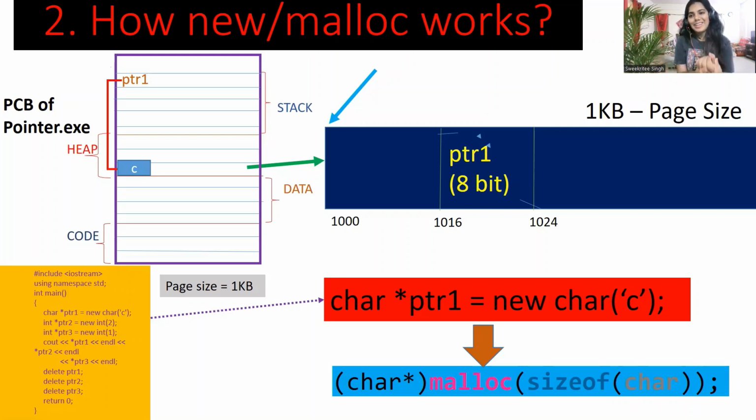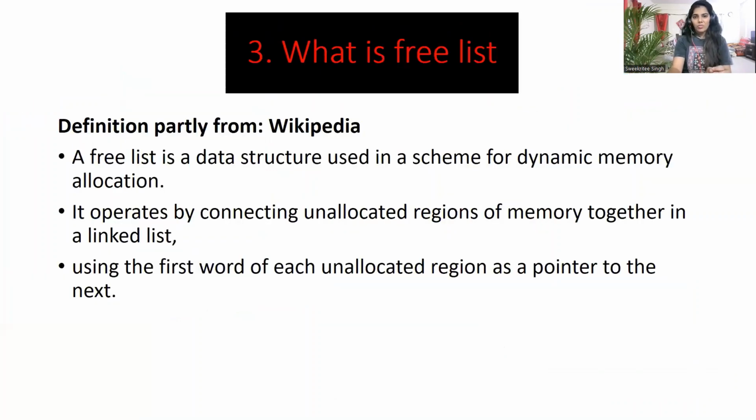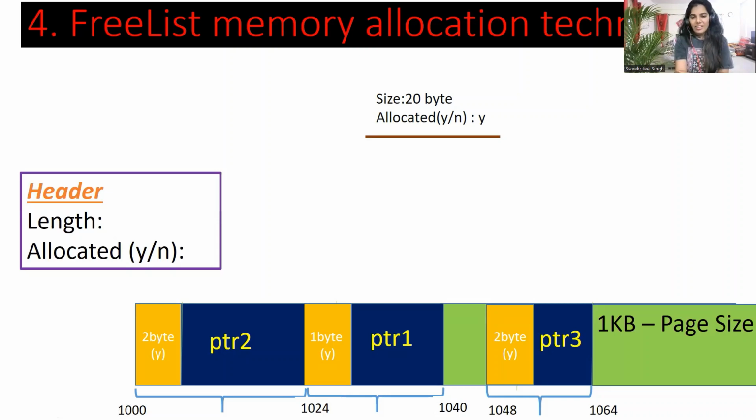But the thing is, our OS is very smart. It cannot let this much memory go to waste, right? So it has some technique to utilize the memory as much as it can. For that purpose, it holds a data structure called FreeList. So FreeList is kind of a linked list that points to the free memory locations 1000 and 1024. Here in this diagram,